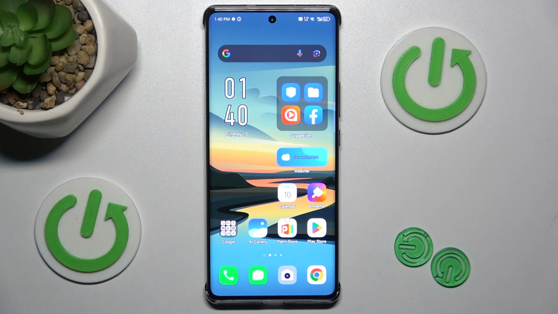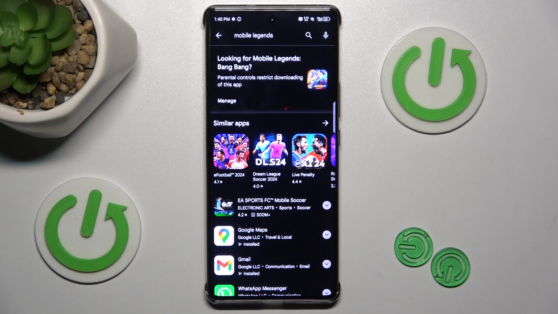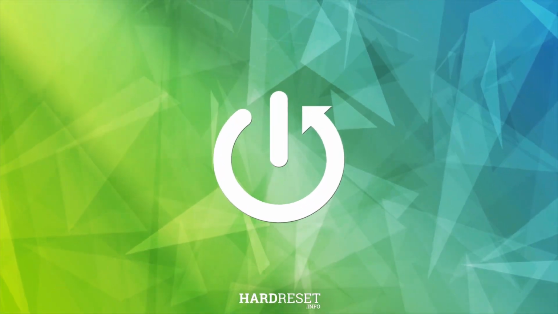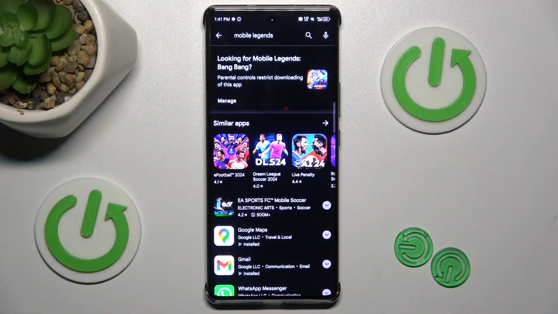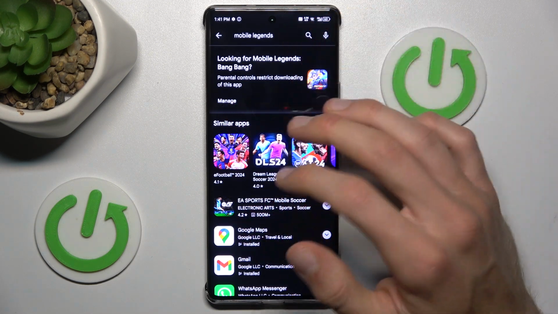Today I have INFINIX Note 40 Pro and I want to show you how to fix the problem when your application or game are not visible in your Google Play Store, as in my situation. When you try to search for your game or application but you can't install it, you have it there, but you can't